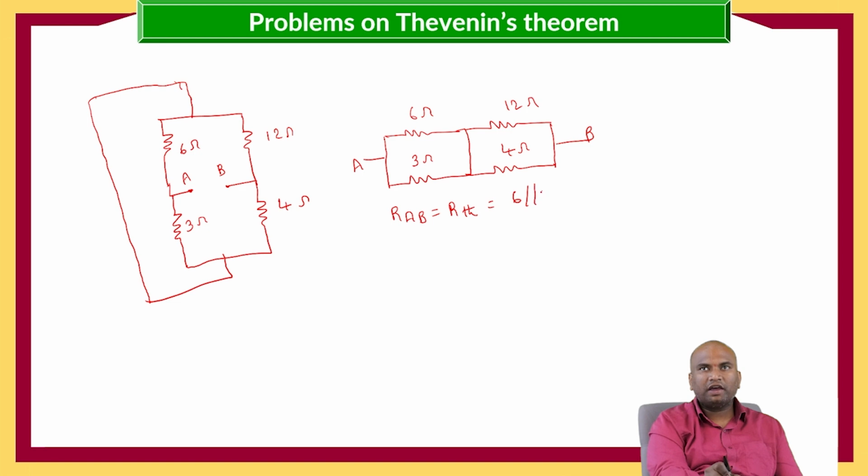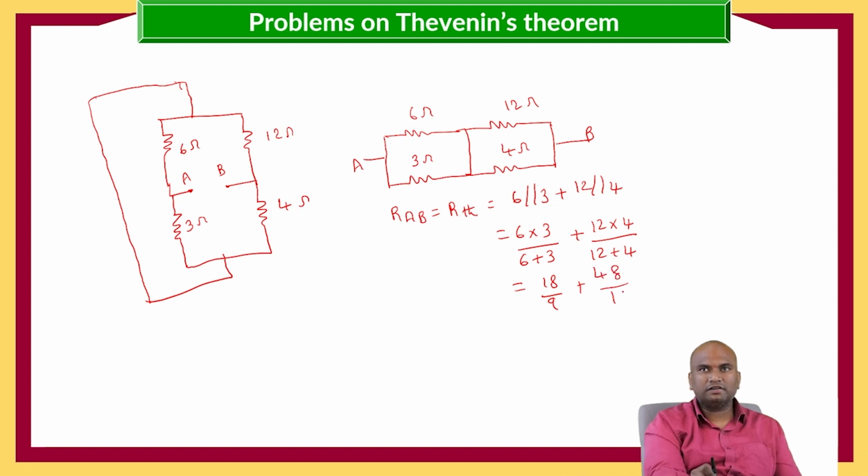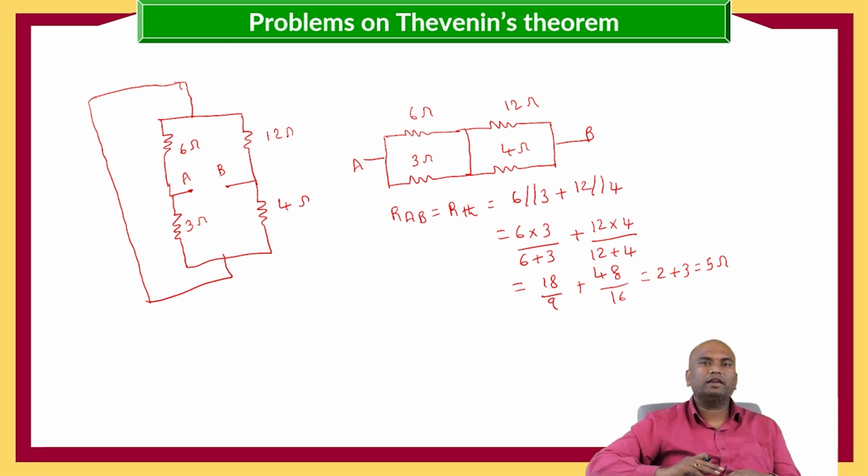here 6 is in parallel with 3 plus 12 is in parallel with 4, which is equal to 6 into 3 by 6 plus 3 plus 12 into 4 by 12 plus 4, which is equal to 18 by 9 plus 48 by 16, which is equal to 2 plus 3, which is 5 ohms. This is our RTH value. Now we got the VTH and RTH, then we can calculate the